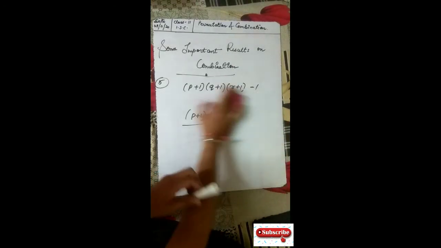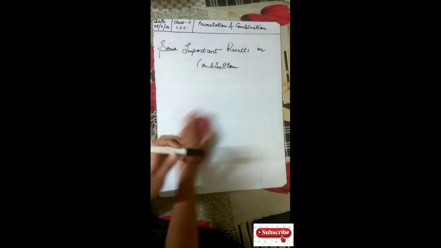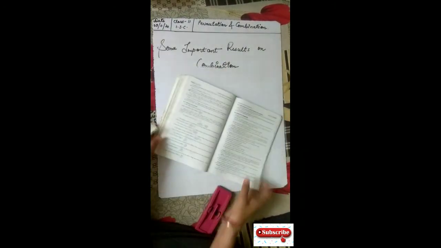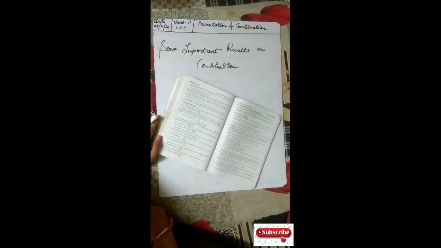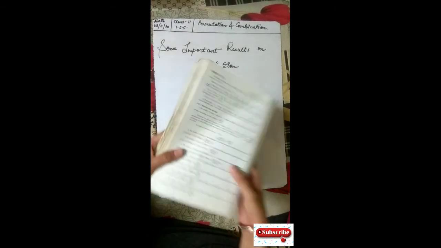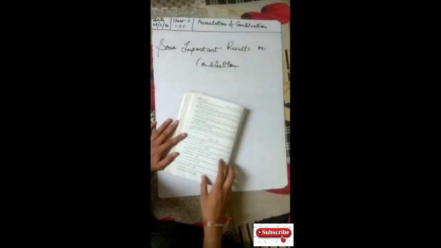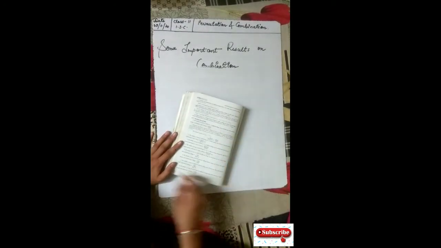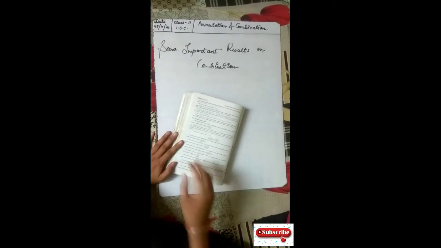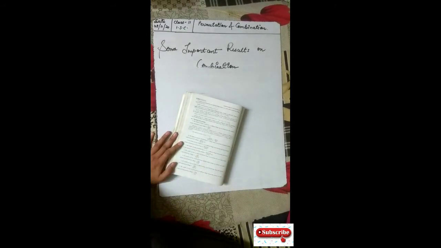Now, division into groups. As you can see, there are around 8 points in that particular topic. Formulas are also given here very clearly, as you can see. As you have the book, you can take a screenshot if you want, or you can just go through the book. Please write all these 8 points in the copy. You can easily understand by reading them. Say for example, I'm reading the first one: the number of ways in which m plus n different things can be divided into 2 unequal groups.